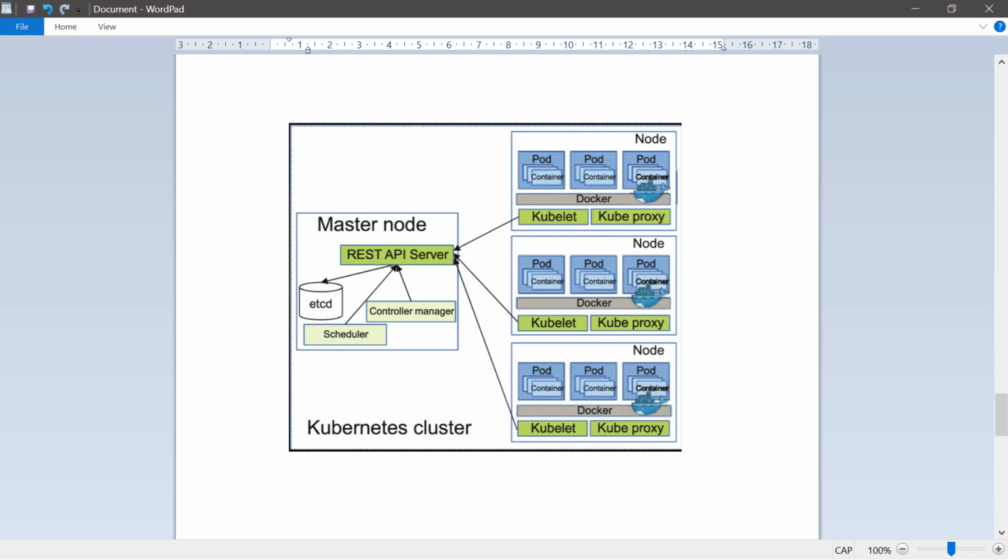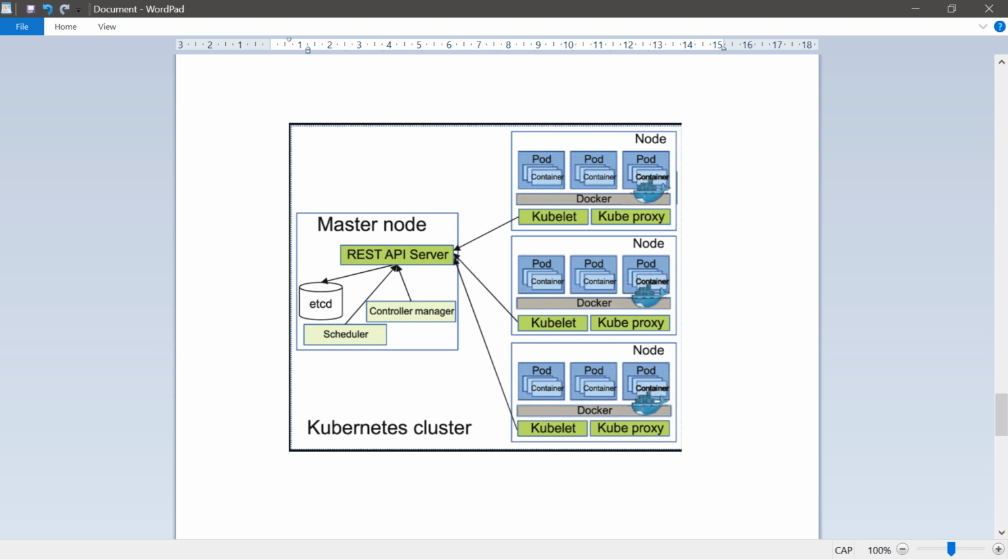Next one is kube-proxy. Kube-proxy load balances the traffic between application components. Kubernetes services allow you to dynamically access a group of replica pods without having to keep track of which pods are moved, changed, or deleted. The Kubernetes network proxy runs on each node. This reflects the services as defined in the Kubernetes API on each node and can do simple TCP, UDP, and SCTP stream forwarding or round-robin TCP, UDP, and SCTP forwarding across a set of backends.